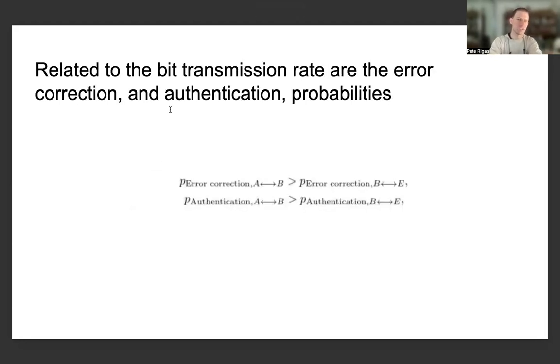And this is related to the bit transmission rate, as are the error correction and authentication probabilities, because this is, after all, relating to the fact that error correction, as a fundamental aspect of quantum information theory, allows us to maintain prospective quantum advantage by being able to determine how we can anticipate errors in quantum systems arising and how we can correct for those errors. As well, there's an authentication probability, which is given by the probability of Alice and Bob being able to authenticate with good probability